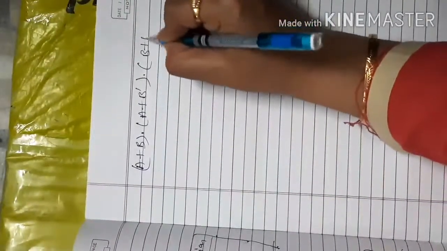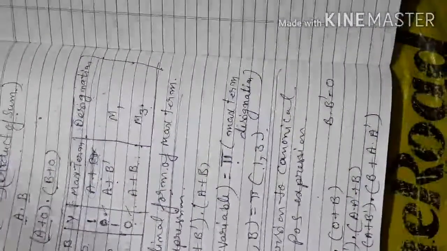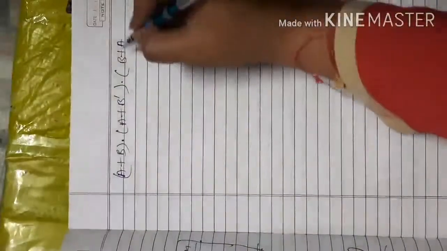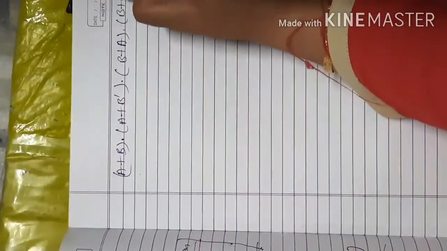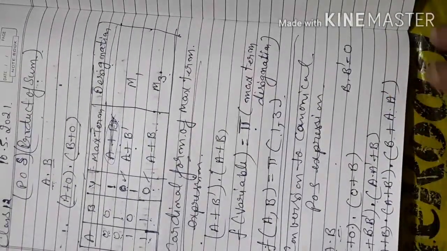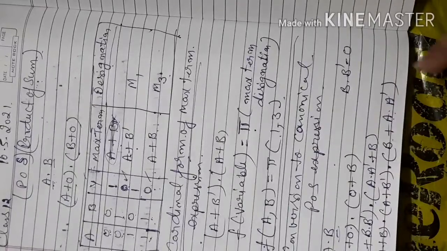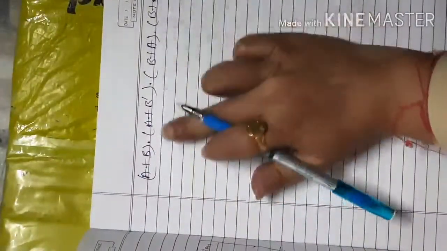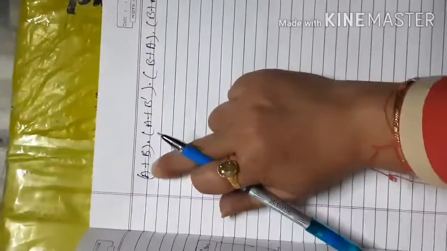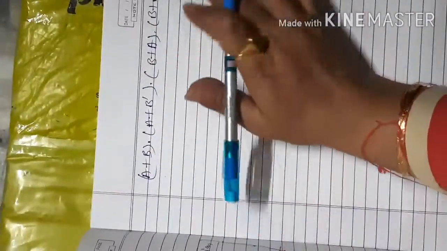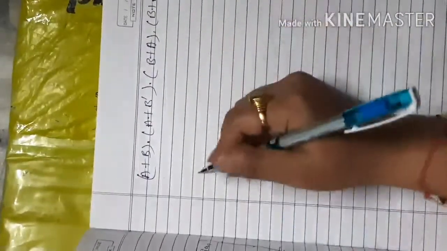Now B plus A, look at this. Here we go with B plus A first, then dot, then B plus A complement. If you reverse the terms, it is easier to apply the distributive law. If you keep it as it is, there may be a chance of mistake. So here all inputs are included, and the sums of the inputs are going to be multiplied. That is the product of sums.